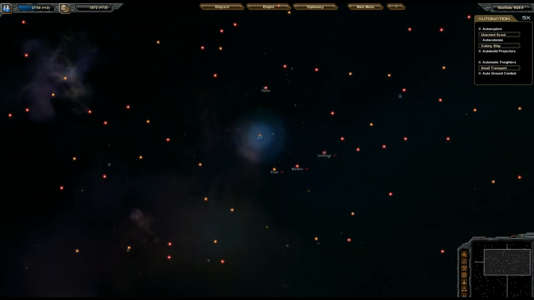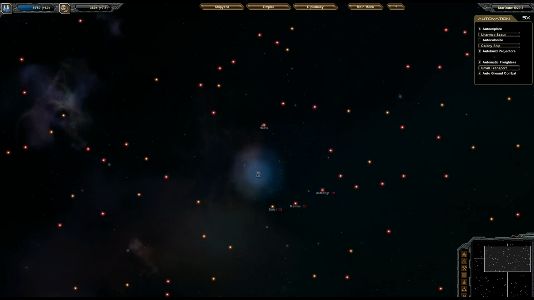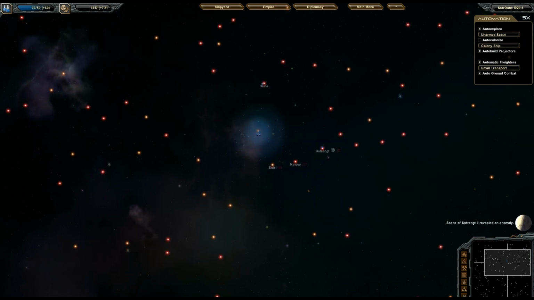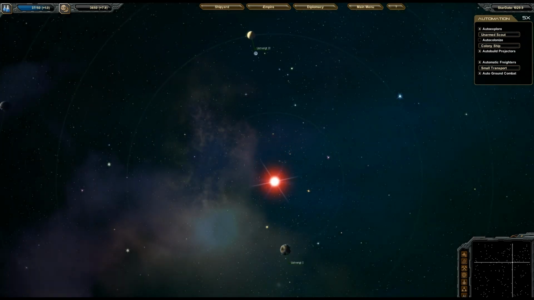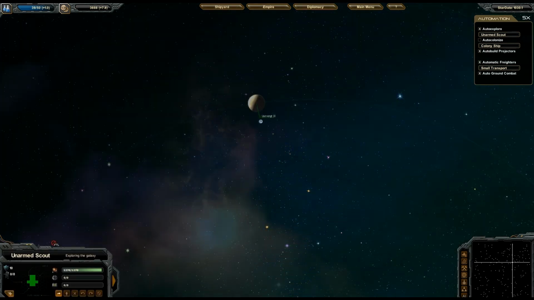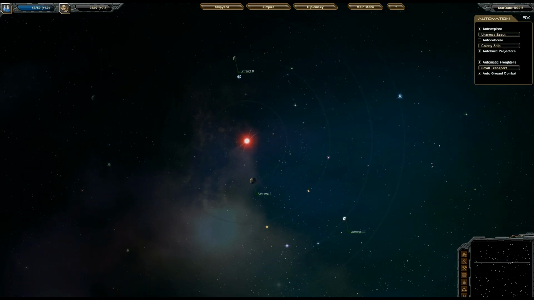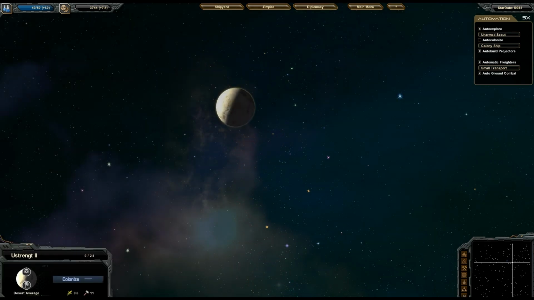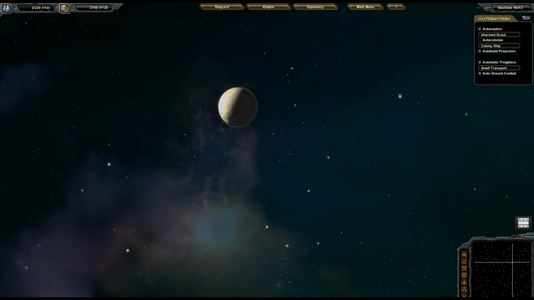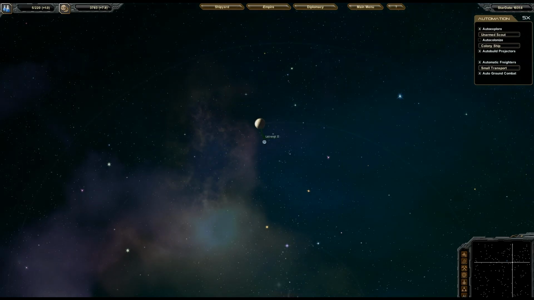Okay. Yeah, I got one here. Another one over there. Okay, I do have an anomaly over here. What do we do when we see that? Do we send somebody to explore that? You have to colonize it first, and then send down Marines to explore it. I see. Okay. And this seems to be on hostile territory. Armor theory is unlocked. That's great. I think I want to build a ship for my